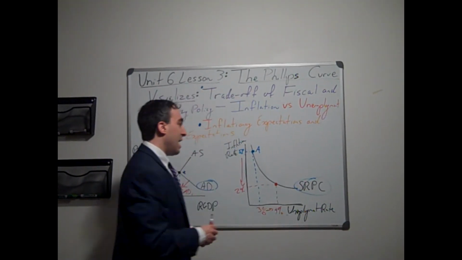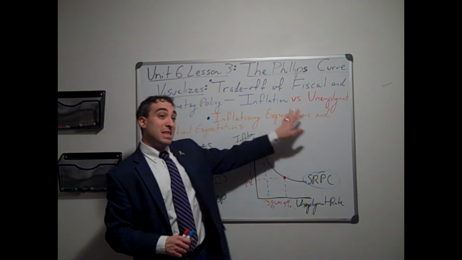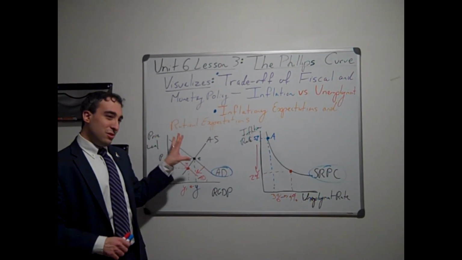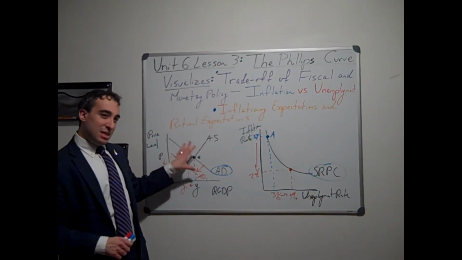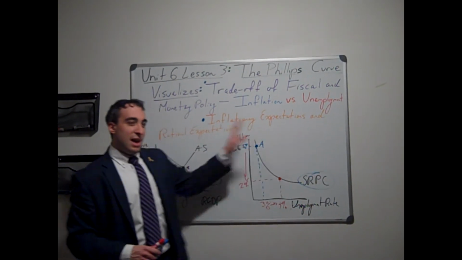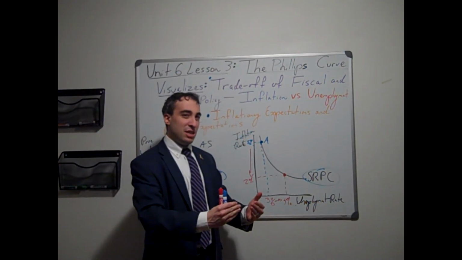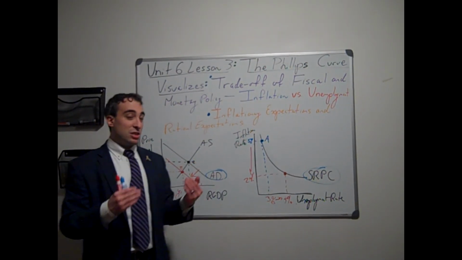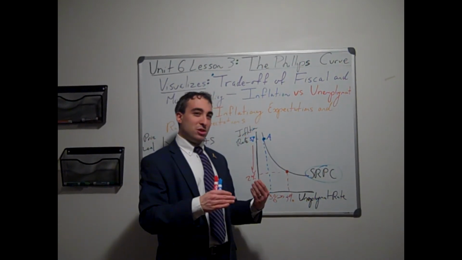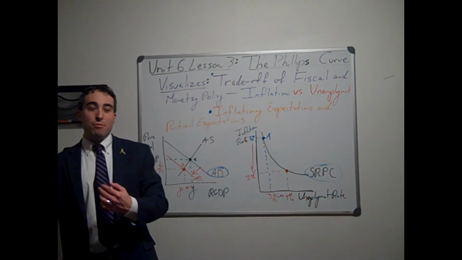Now let's take a look at how we have inflationary expectations and rational expectations. And again, we're going to use our ASAD graph. And remember, with inflationary expectations and rational expectations, this is about people anticipating inflation, acting rationally as households, and households, knowing that the product market is going to get more expensive, are now going to collectively demand higher wages